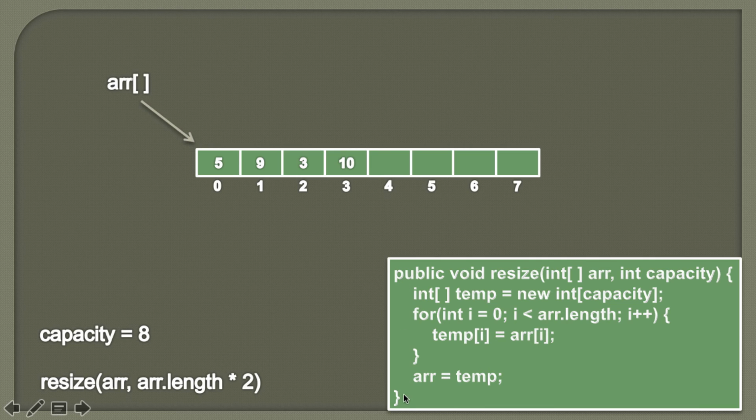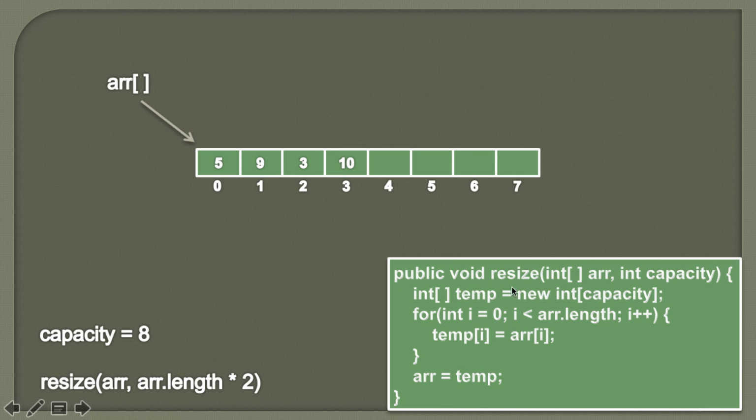So friends, after this resize method gets executed, our original array is pointing to an array having size as 8. But here you can see that there is an issue with this code. Once the resize method gets executed completely, this array will also get garbage collected, because the return type of this method is void and we are not sending the value stored in this array from this method. Therefore whatever we did here will be garbage collected finally.